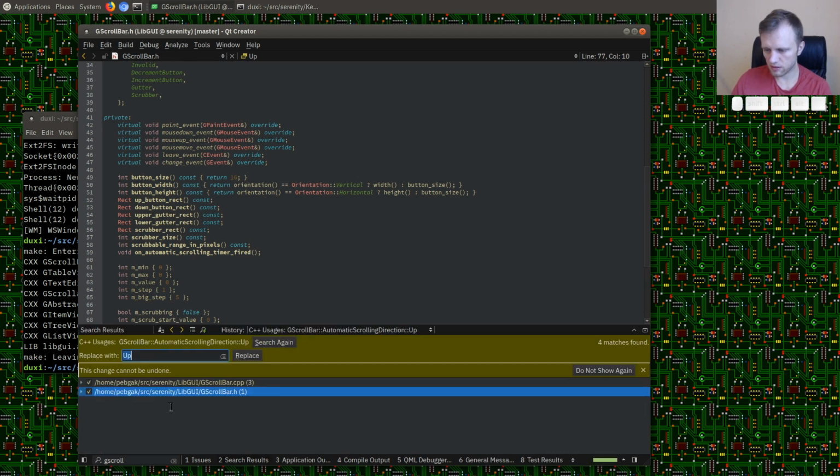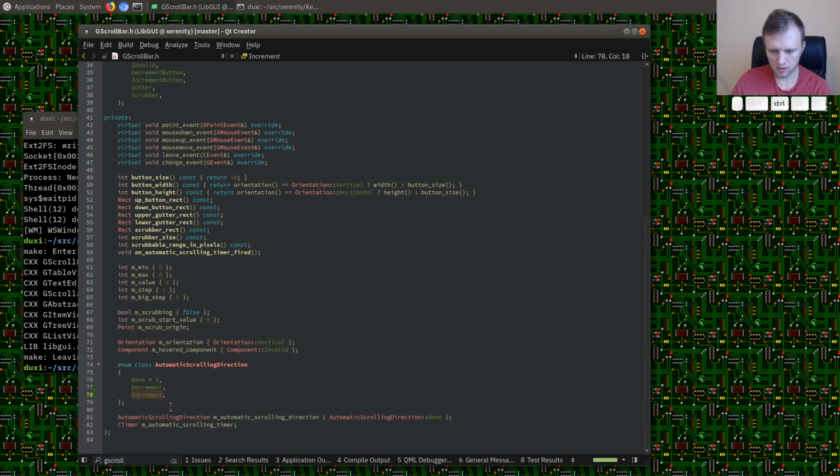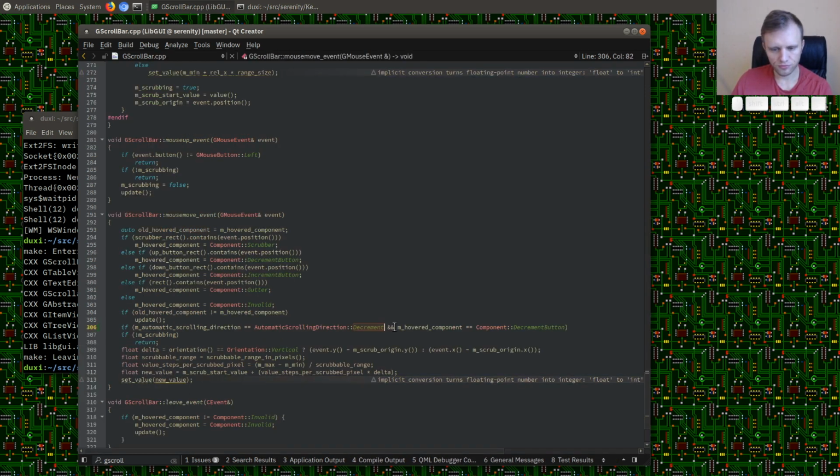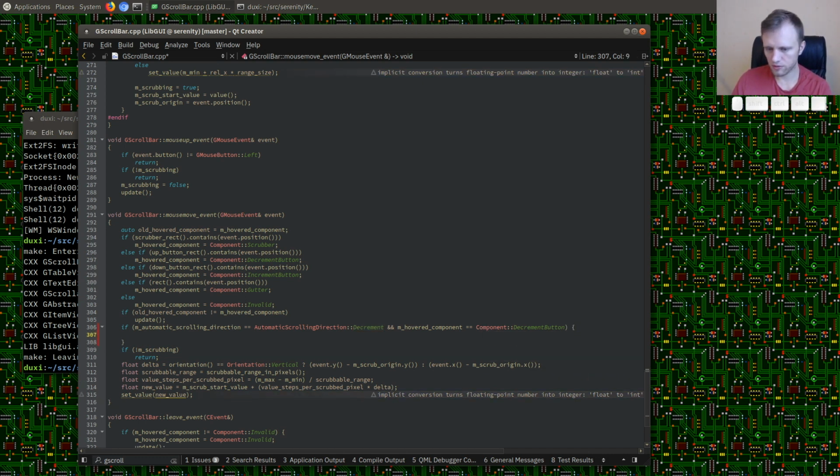So how do we do that? We just use this. Decrement and increment. Okay. So if we are decrementing and the hovered component is not the decrement button,